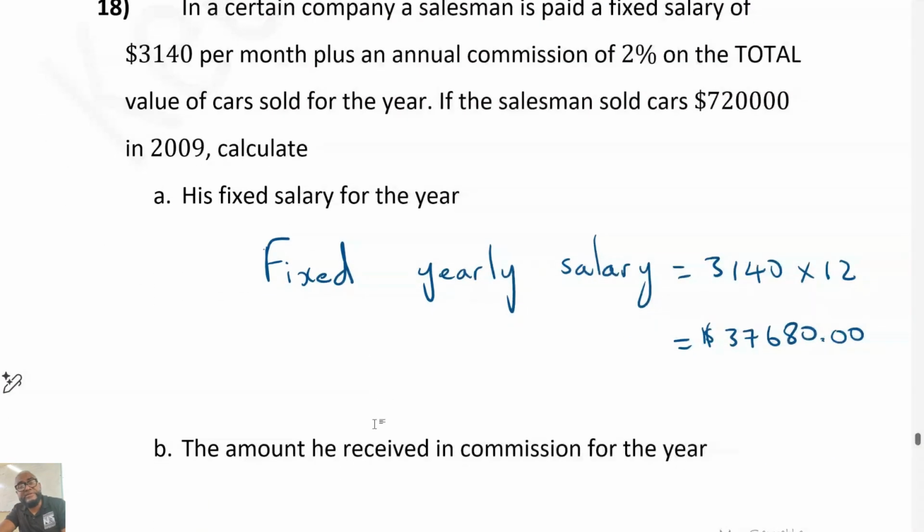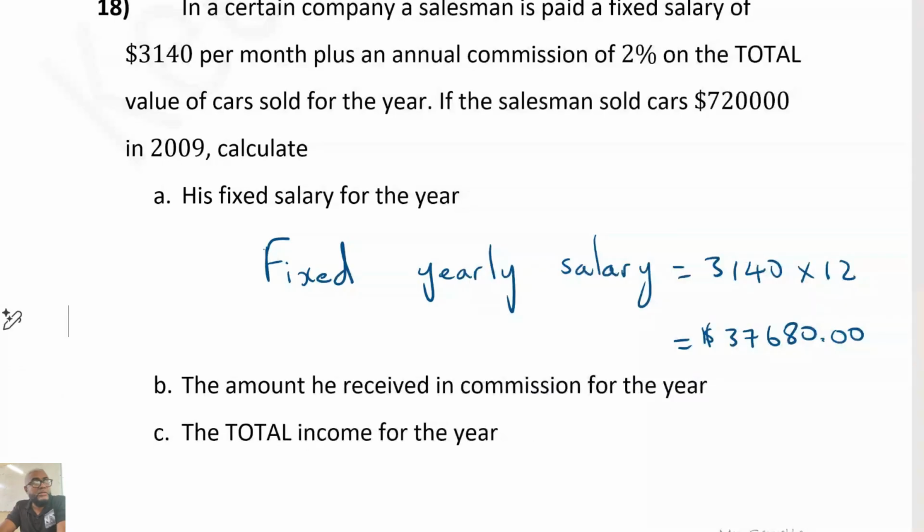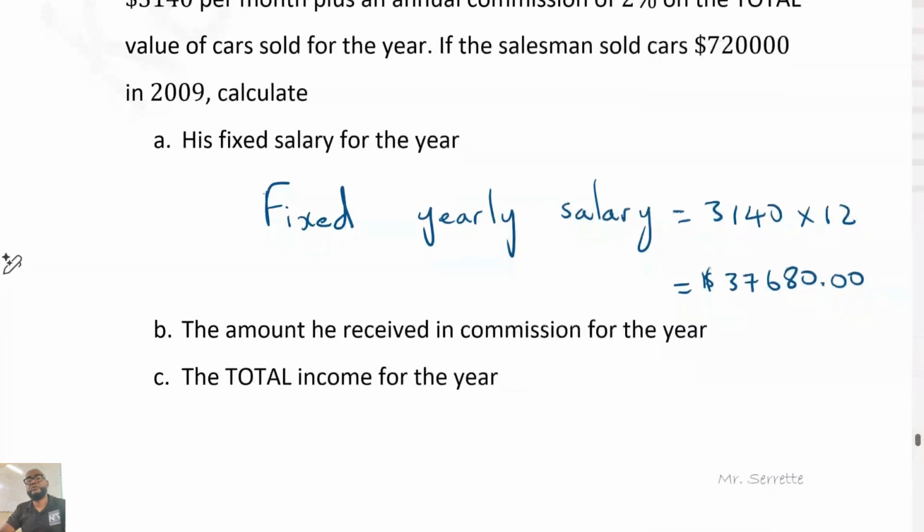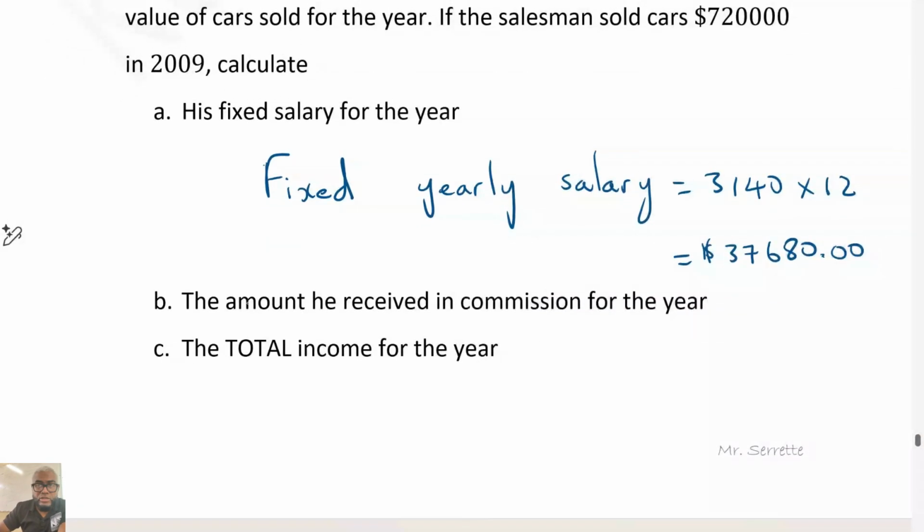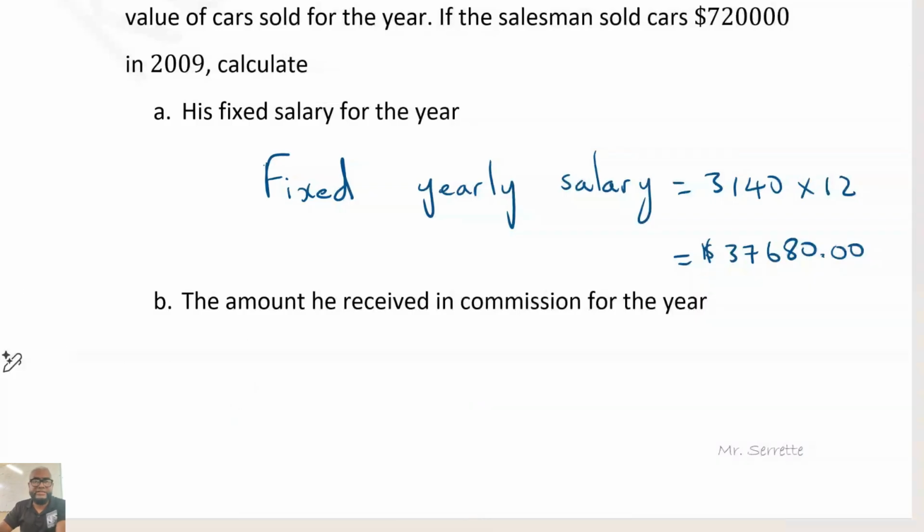Now the commission is how much percent? What is the commission? Look at it. 2% on the total values of cars sold for the year. What is the value of cars that the man sold? 720,000. So the commission will be equal to